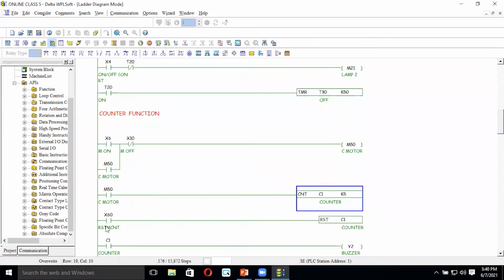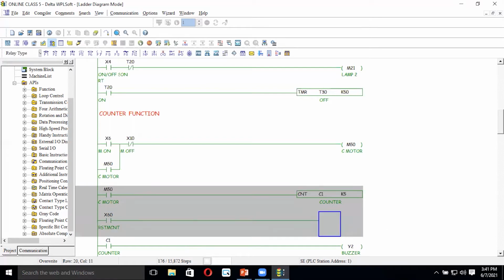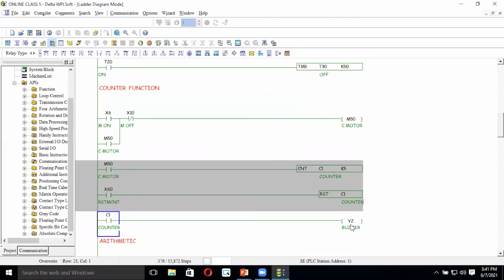For counter also the same. For timer also. Just CNT for a count, space which counter, C1. How much count? That will easily come. First need to understand what elements they are using in the instruction. First go through the manual, so you can easily understand. After that, you can easily use the instruction method instead of going to the function blocks and getting into difficulty. Reset also the same. Reset C1 means RST space C1. That will come.